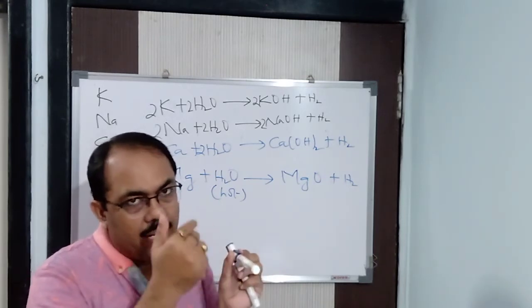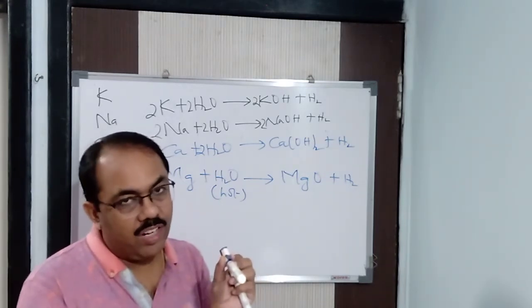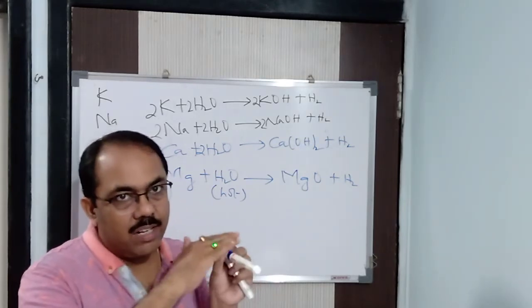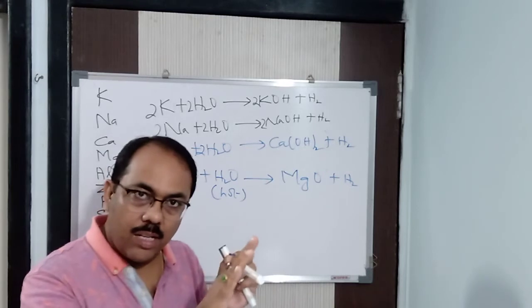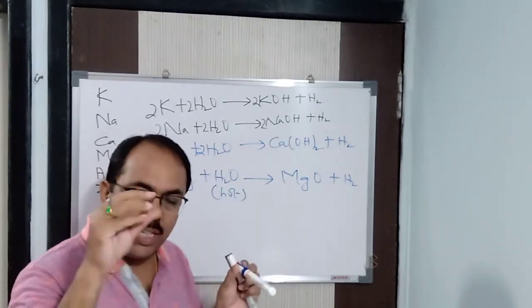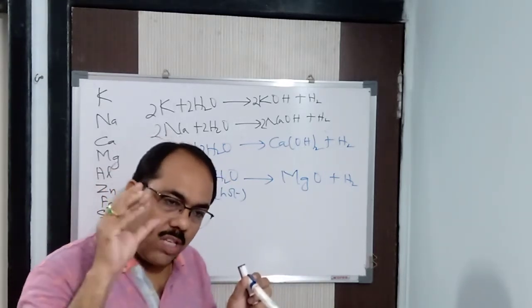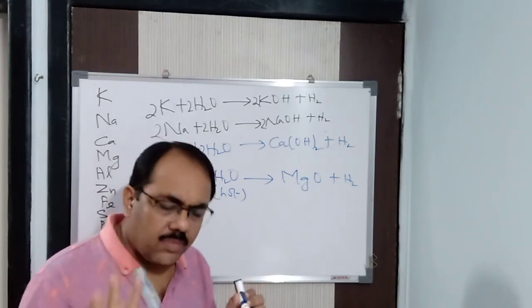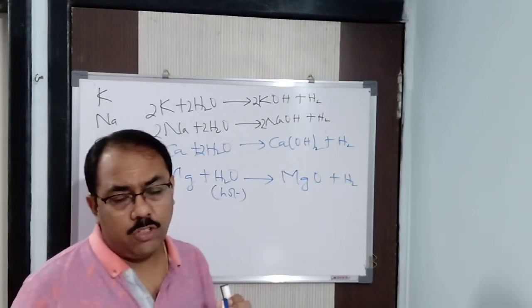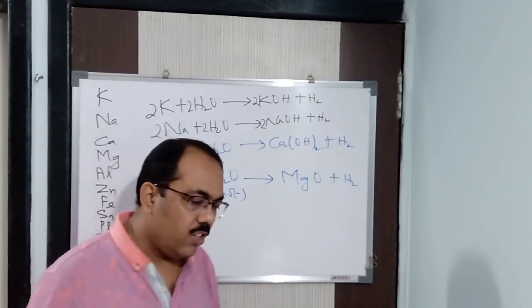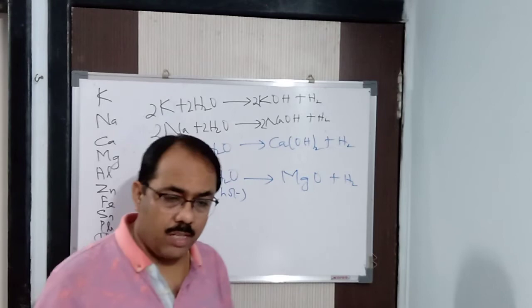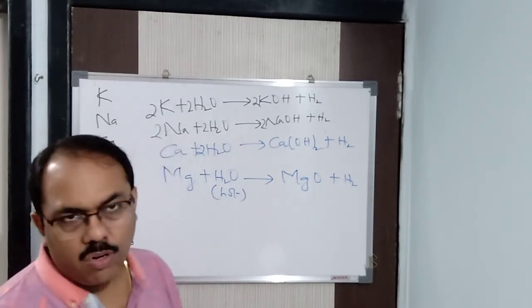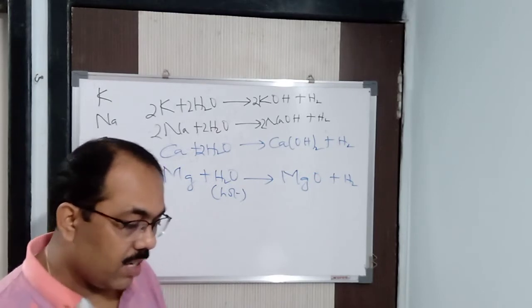Now will that metal come in contact with hot water, or will the oxide come in contact with hot water? Definitely the oxide, because the oxide settles over the surface of the metal. Which metal? Again I repeat, magnesium, aluminium, zinc. These oxides are insoluble oxides and they do not allow the metal to react with hot water to liberate the hydrogen gas. So initially the reaction takes place and a little bit of hydrogen gas is evolved, but after that the reaction becomes very slow or it stops after some time. The reason I have already told you.